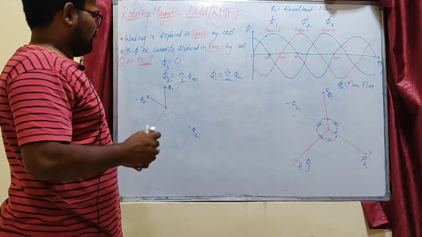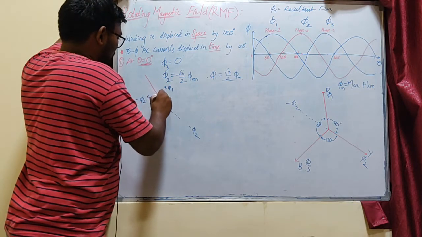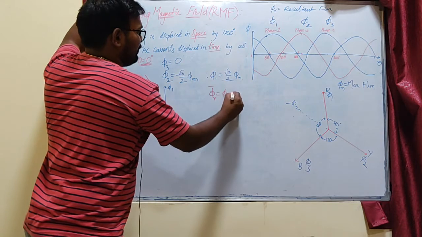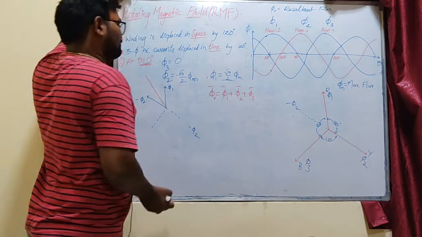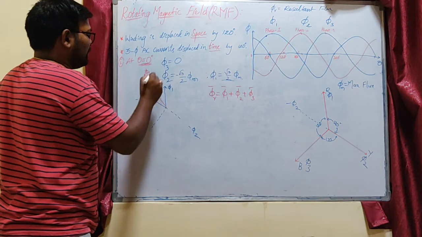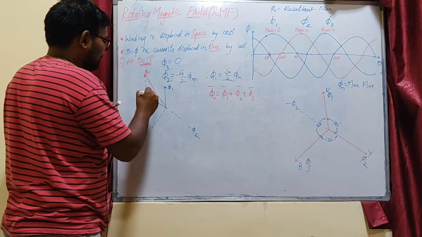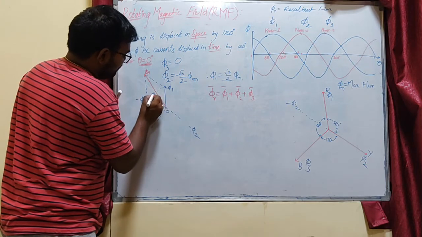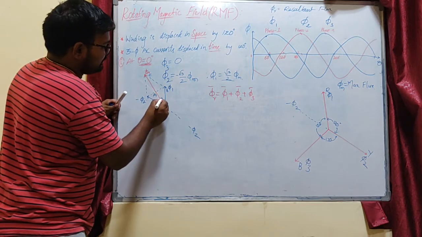So, here we have to find out the φr, which is the resultant of these two phasors. That means φr equals the phasor sum of φ1, φ2 plus φ3. So, this is the phasor sum, right. This is φr. I am going to calculate the φr in a similar way as I calculated at the first instance. Okay, so I am going to consider this O, A, B, C. This is a 30 degrees angle.